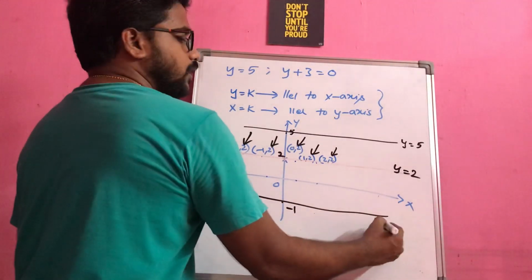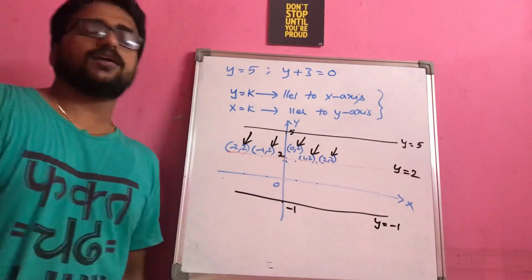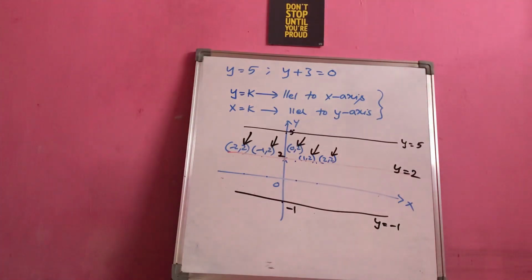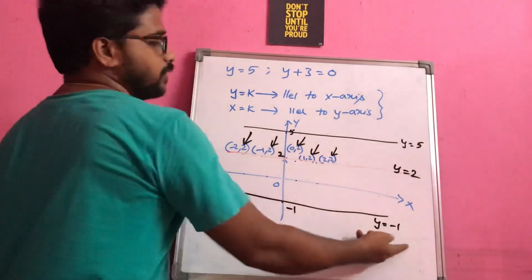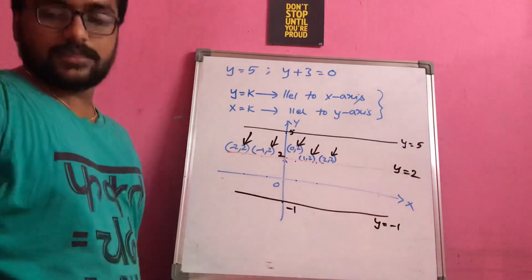That's why y is equal to minus 1 also represents the equation of a line that is parallel to the x-axis, but it will be on the downside of the origin. Why is it on the downside? Because the point is a negative value, simple as that. Now,